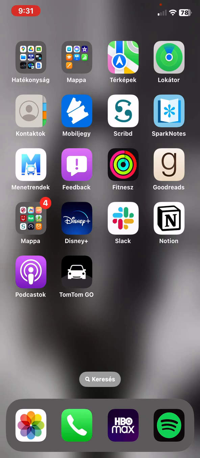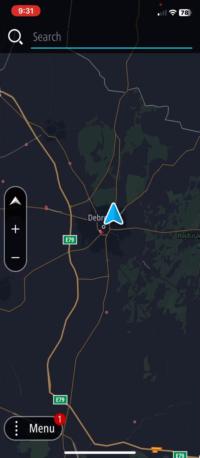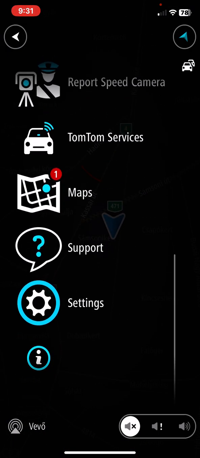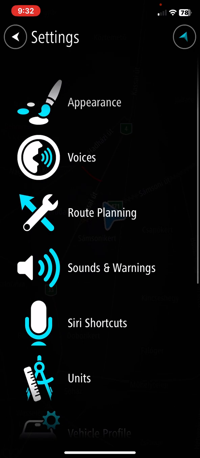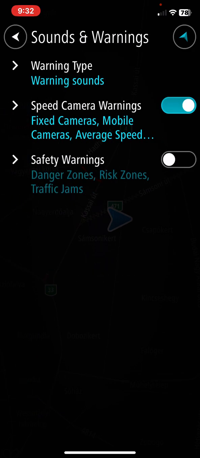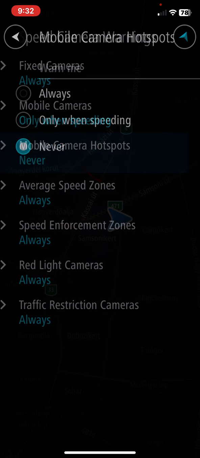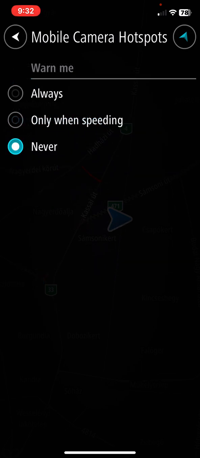First of all, open the application on your phone and then click on the menu button at the bottom of the page on the left, and then scroll down and click on the settings button, and then click on the sounds and warnings button. And once you enabled the speed camera warnings section, you can click on that. And then here, click on the mobile camera hotspots button, and here you can set when you want to warn you. So just click on the one that you want to set,